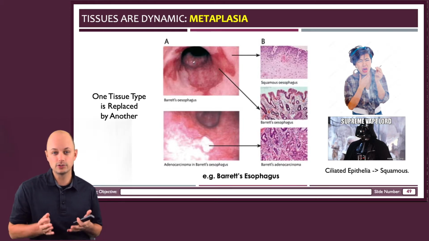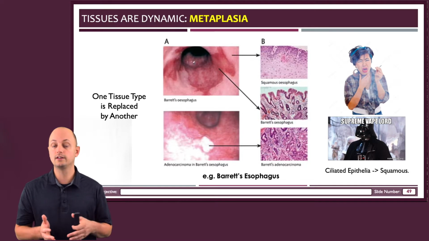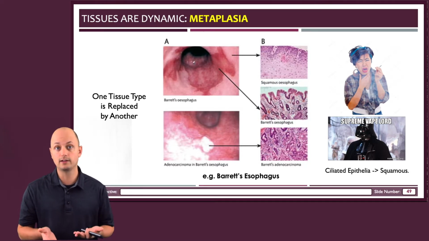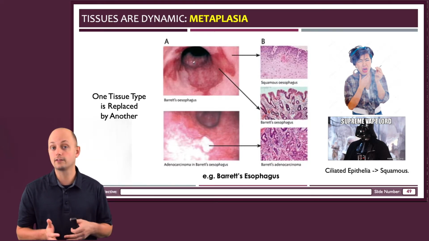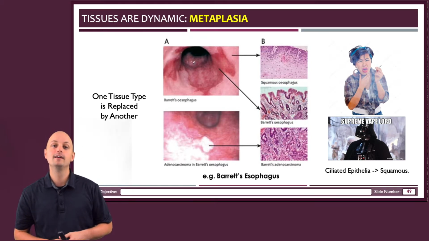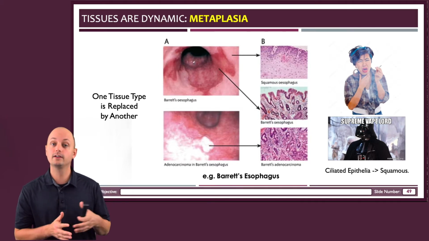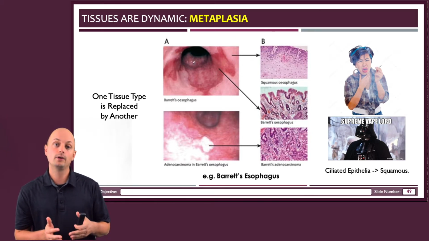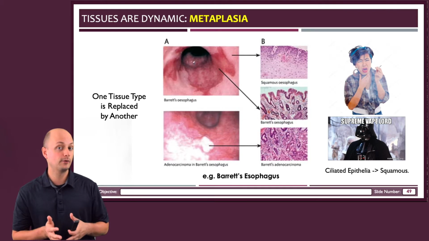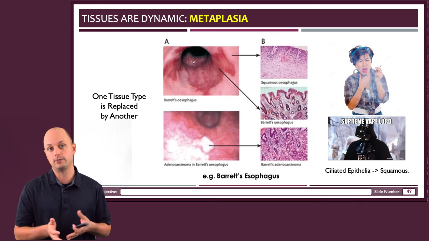This can happen pretty much anywhere inside the body, but one place where we find metaplasia is in a condition called Barrett's esophagus, which affects the esophagus of smokers, and yes, most likely you vape lords out there as well. Now, typically, the lower esophagus is formed from mucus-secreting epithelia and ciliated epithelium. But when those cells get exposed to the chemicals and carcinogens in smoke, they get replaced with squamous epithelium.